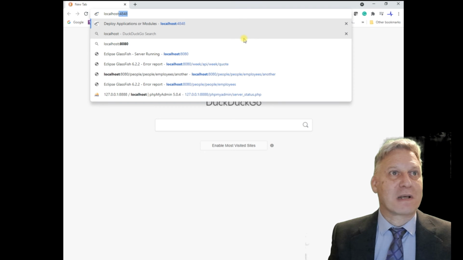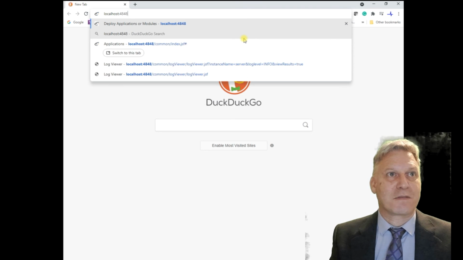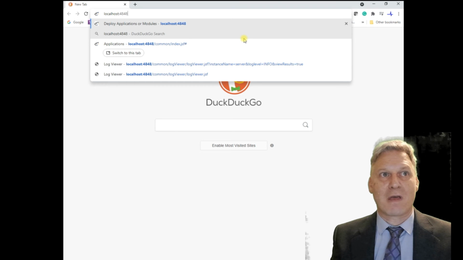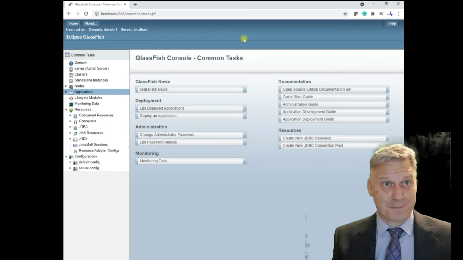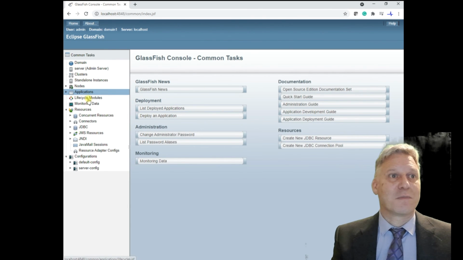So the admin client is on port 4848. The web service is on 8080, but the admin client is on 4848. So if we go there, we get this, and we go to applications,